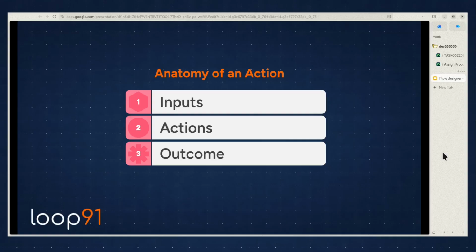Now let's understand what an action is. An action has three parts: inputs, actions, and outcome. An action accepts inputs, works on them, and gives you an outcome. Think of your basic programming function. For example, in JavaScript, you define a function, it accepts parameters, works on the parameters, and returns a value from